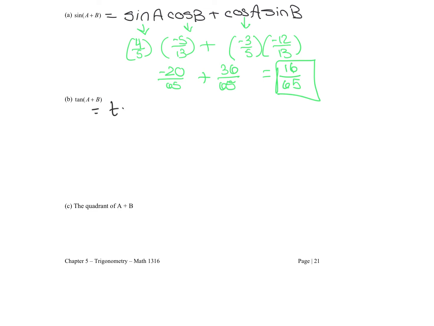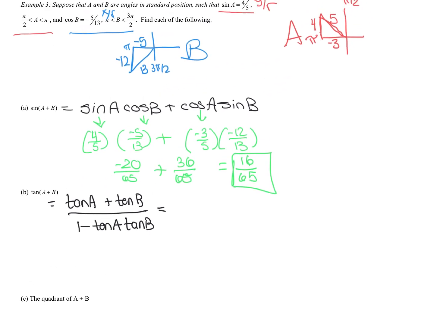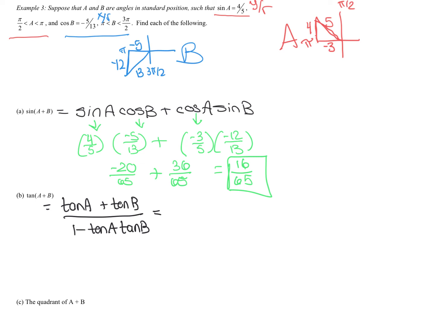This thing equals tangent of A plus tangent of B over 1 minus tan A tan B. So this equals tangent of my A triangle, which would have been my y over my x, so this would have been 4 over negative 3, plus tangent of my beta triangle would have been 12 over 5, because the negative divided by negative is a positive, over 1 minus 4 over negative 3,